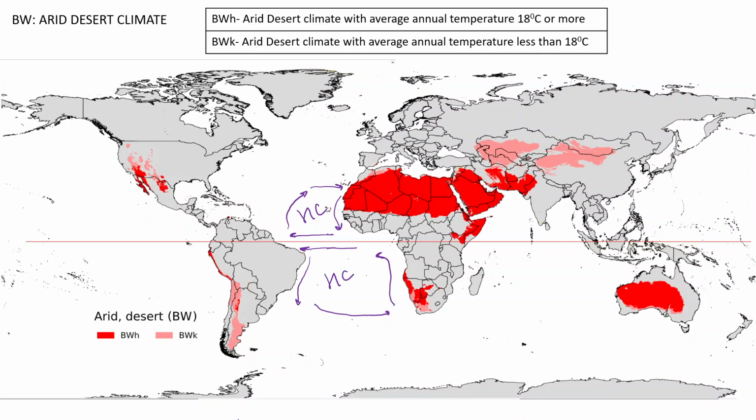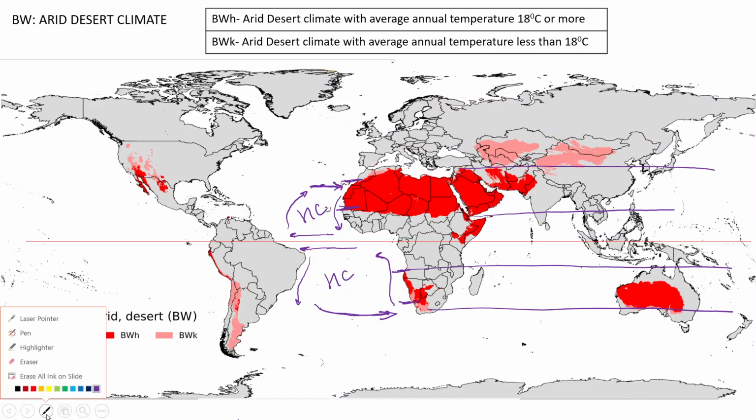So you can see here that this is the zone where the sinking arm of the Hadley cell operates. The sinking arm means there is no moisture at all. So all this zone in this latitude will be arid or dry. Apart from the wind, the arid type of climate is also supported by the cold or the eastern boundary